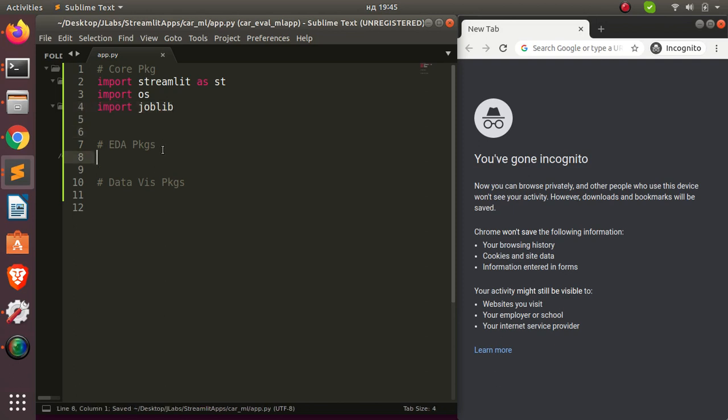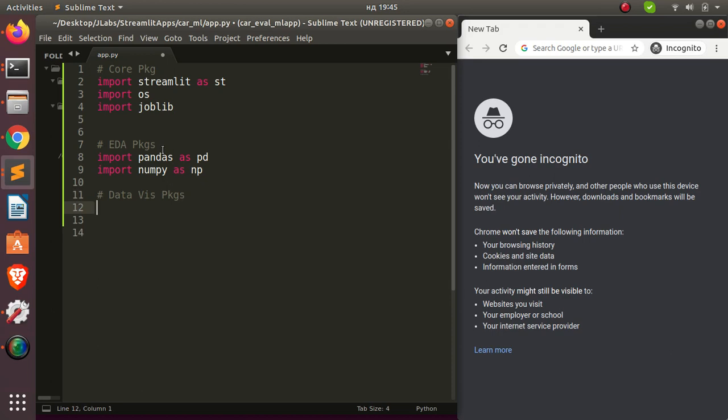Then for the EDA, we'll just be importing pandas, so import pandas as pd. Then we're also going to import numpy to help us with reshaping our data set, so numpy as np. Very interesting. Then for our plotting, we could just be importing our famous matplotlib, so matplotlib.pyplot as plt. Then you import matplotlib,